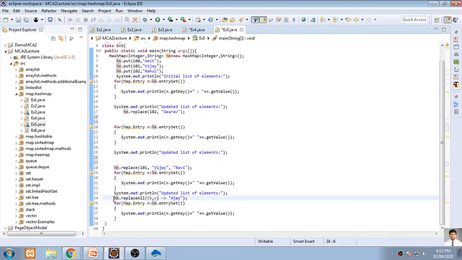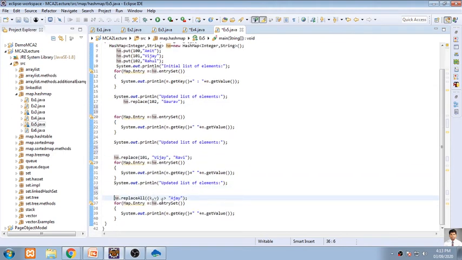And there is one more, the replaceAll function, containing k, v, and an arrow pointing towards the value, that is Ajay. So replace will be implemented in three different ways.